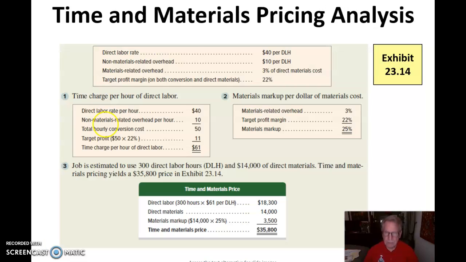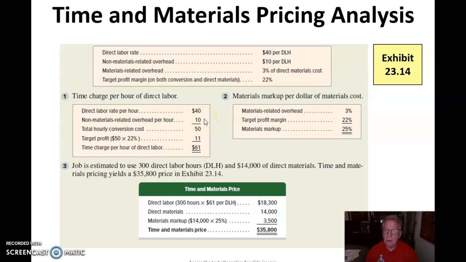Here, our direct labor rate is $40 per direct labor hour. And our non-materials related overhead is another $10 per direct labor hour. Our materials related overhead is 3% of direct materials cost, and we want to make a 22% margin on conversion and direct materials, right? So, first of all, we calculate the time charge per hour of that direct labor,